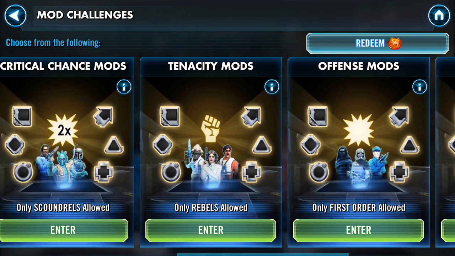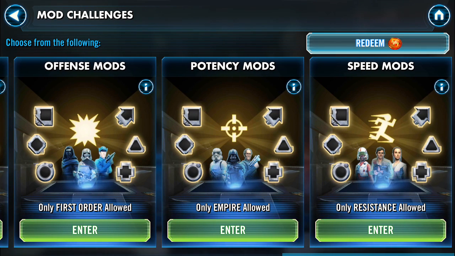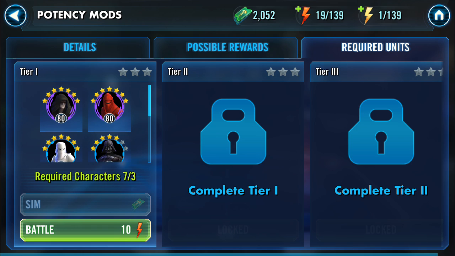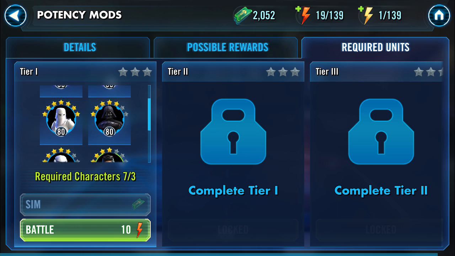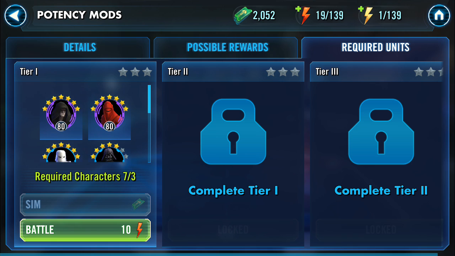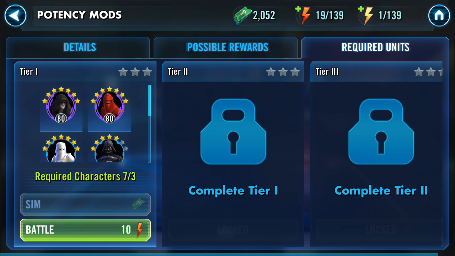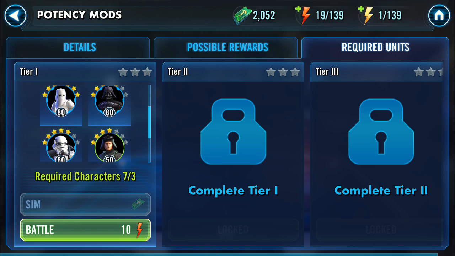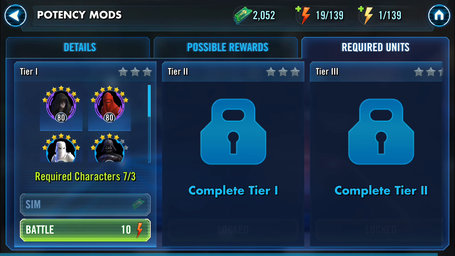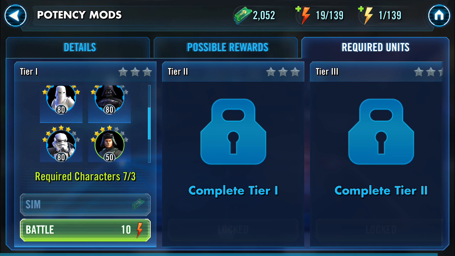So I'm going to go back. Again, I've never done these. The Potency mods, like I said, were kind of off limits for me because I just did not have the units, but I did level up the 5 characters I'm going to use: Magma Trooper, Snow Trooper, Darth Vader, and the 2 on the top, Emperor and Royal Guard, to level 80 just to try and give them the best bang for their buck. And of course, I just started gearing Snow Trooper,